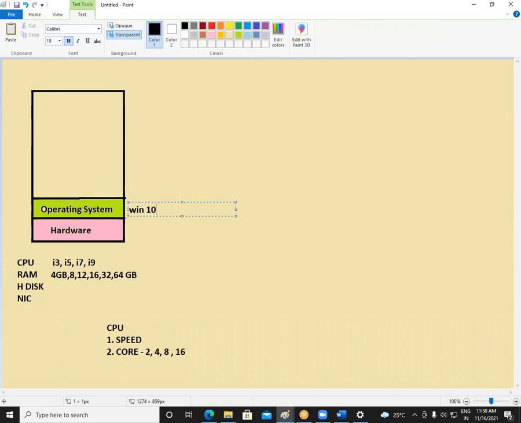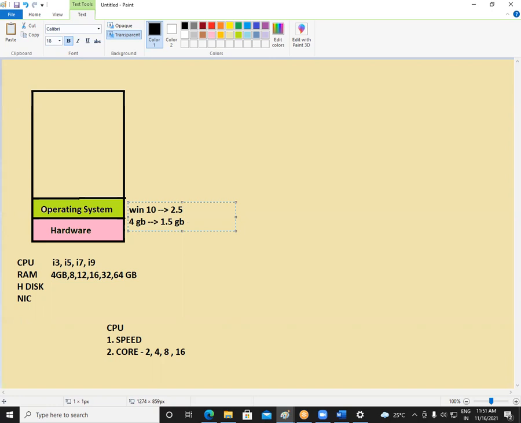Now suppose you're using an operating system like Windows 10. You know how much space it will use, how much RAM it will use. Windows 10 will use 2 GB plus. To run Windows 7 or Windows 10 in your computer, you need a minimum of 2 GB or maybe a bit more of RAM available. Then only Windows 10 will work. So imagine Windows 10 will use around 2.5 GB of RAM, and suppose in your computer there is totally 4 GB. Out of 4 GB, 2.5 GB is already used, so the remaining will be 1.5 GB.